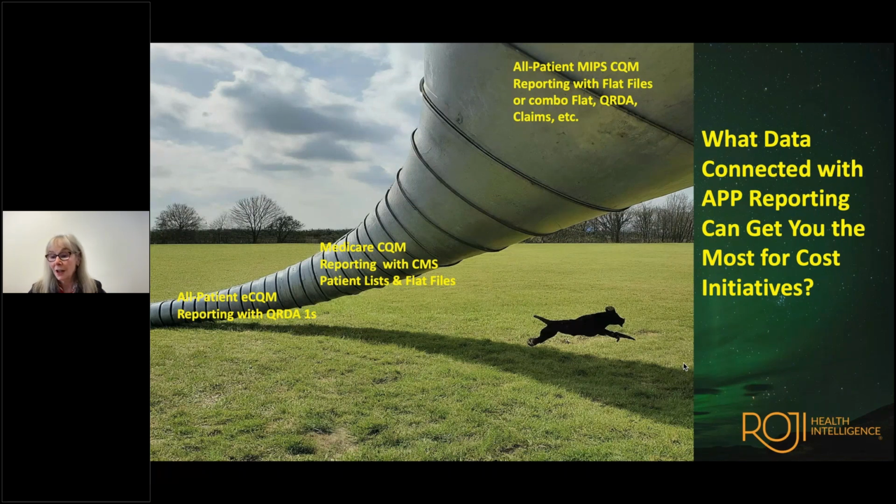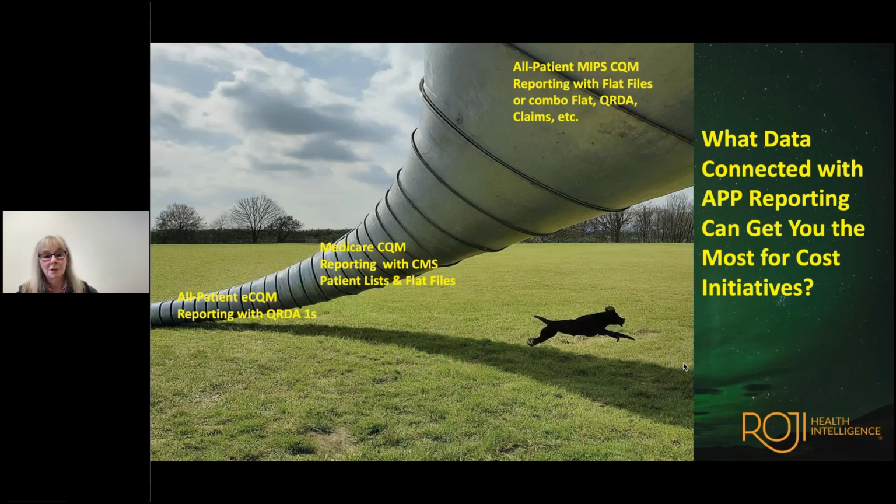So you can use flat files, you can use QRDAs, you can use any numerator data for the measure that comes derived from the technology that the provider has. Your only limitation between Medicare CQMs and all patient CQMs is the limit on the population itself,